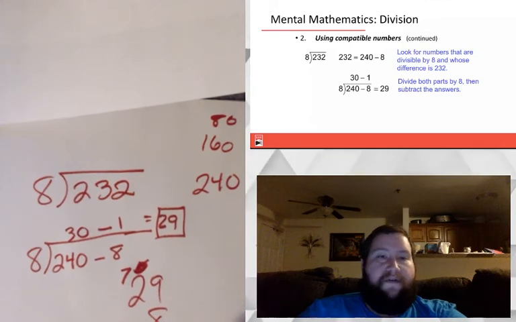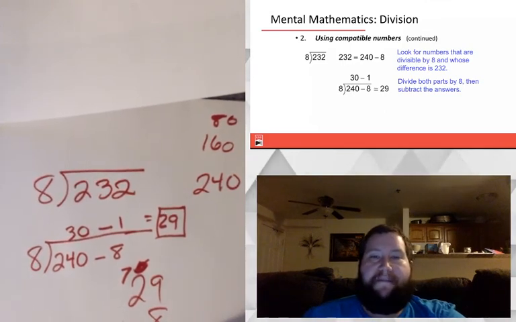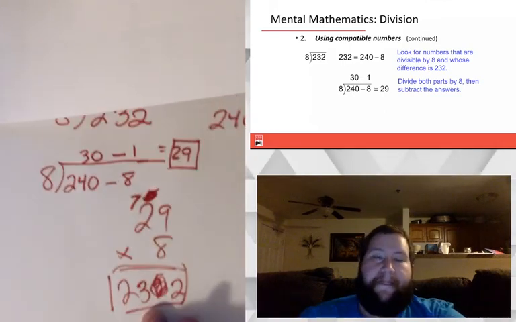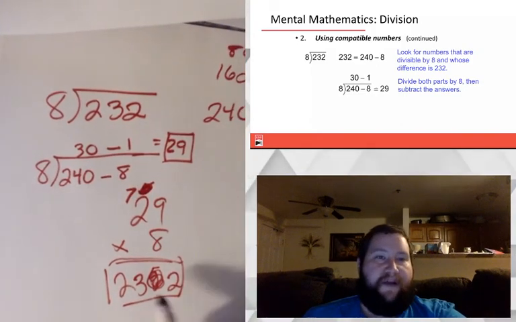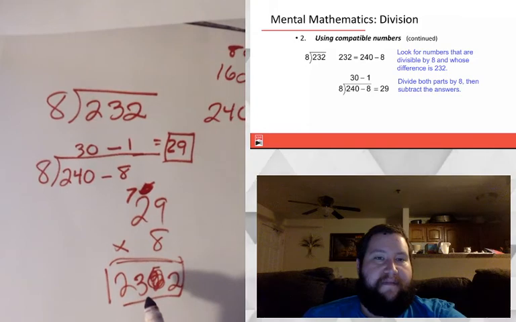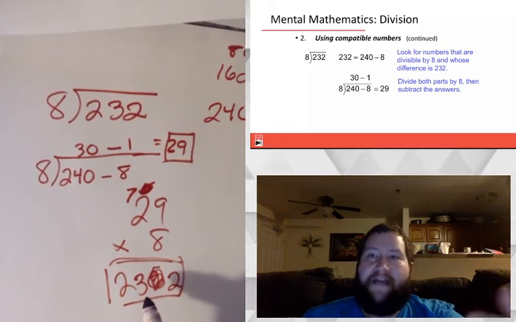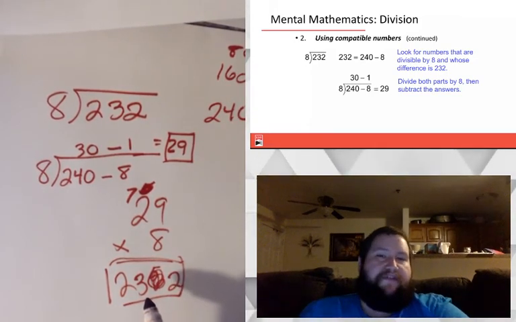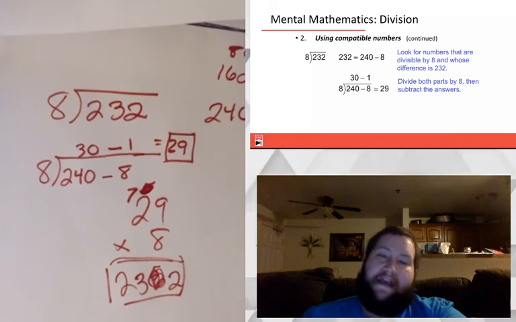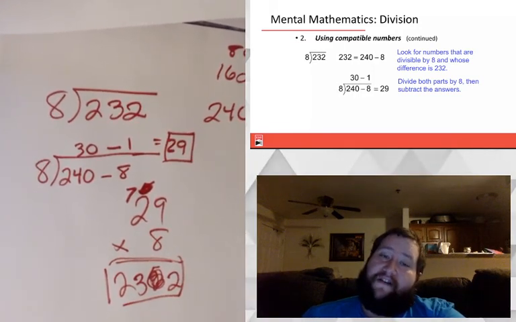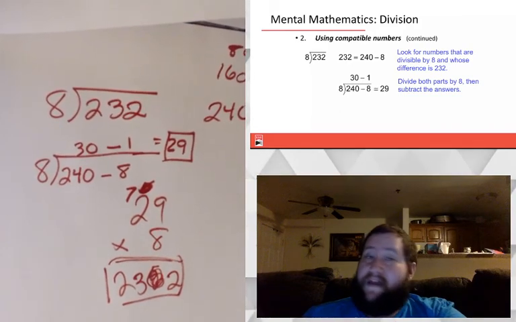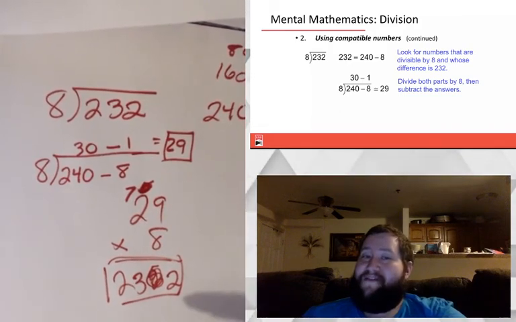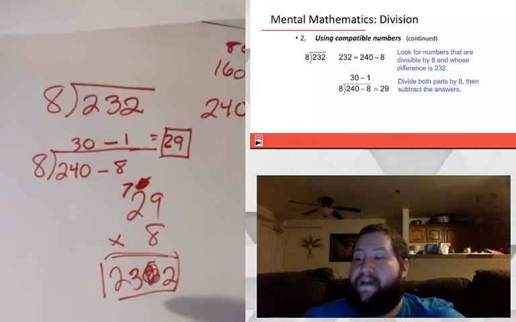232. Phew. Oh, you can't see that. I'll slide that up. 232. Yeah, it's real sloppy, but I was just checking my work. Because often, I have to say, I'm more comfortable with multiplication. I like working with multiplication. And so, if my options are to divide it one way and then check it with the standard algorithm, or divide it and just multiply my answer to make sure it's right, I'm going to multiply. Because I could do